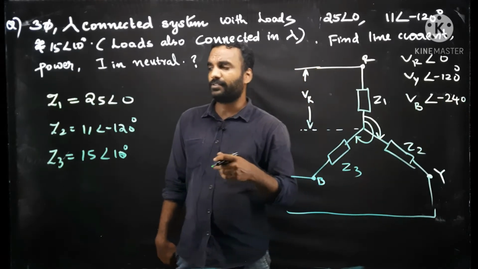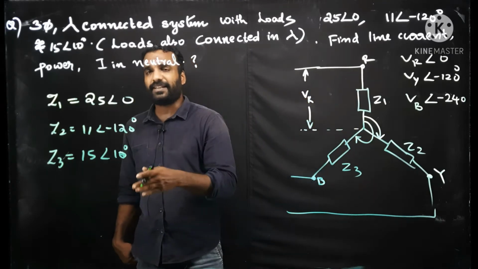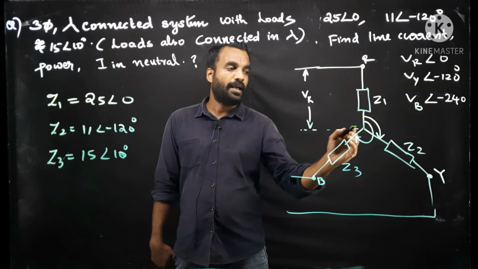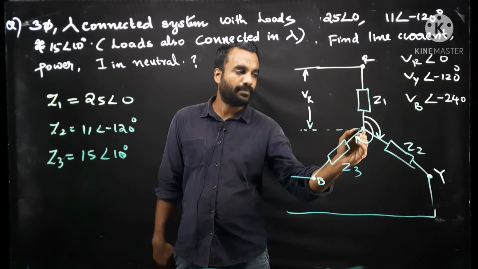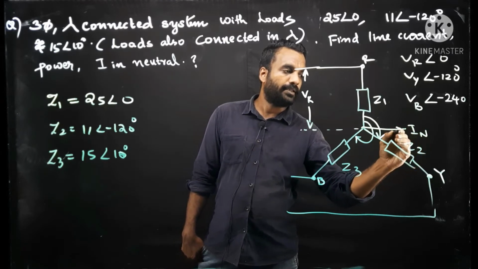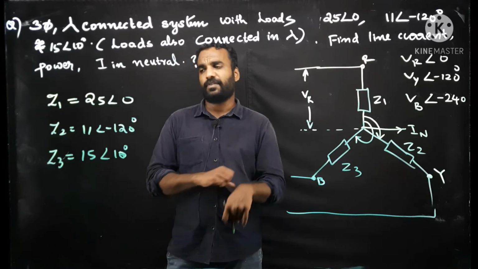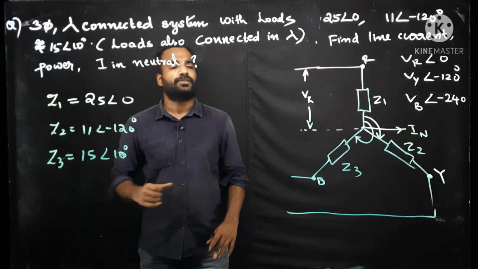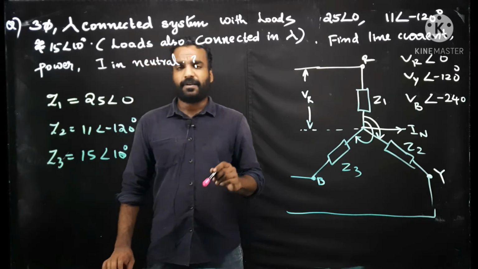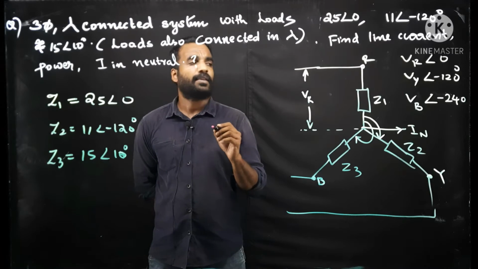So that is the voltage system, and we have three impedances. Basically these three impedance values are not the same. So this is an unbalanced system. As this is an unbalanced system, I can tell this is neutral and there should be some neutral current because it is unbalanced. We will check it. So that is the case. And before going to that, I want to tell you some more concept.